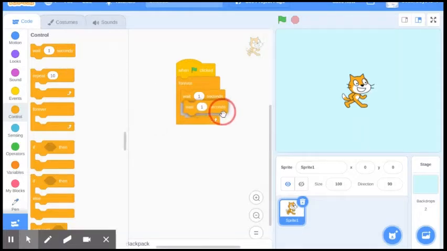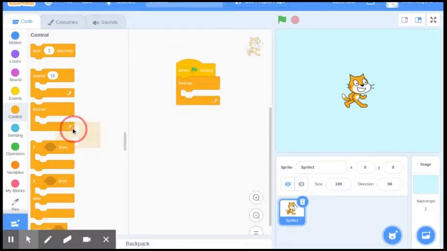If I were to have another one in there and change it to 3, it would wait 1 second, wait 3 seconds, then start back over. Wait 1 second, 3, and start over. But we don't need those. So what we're going to want to drag in there is